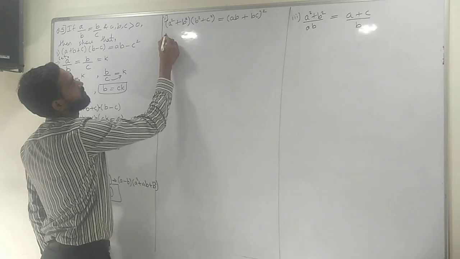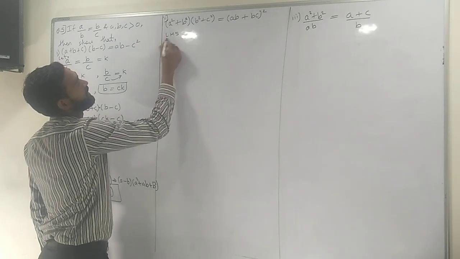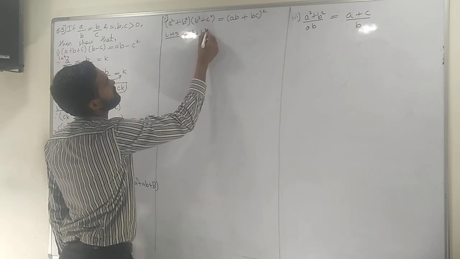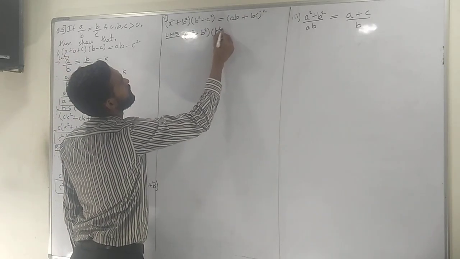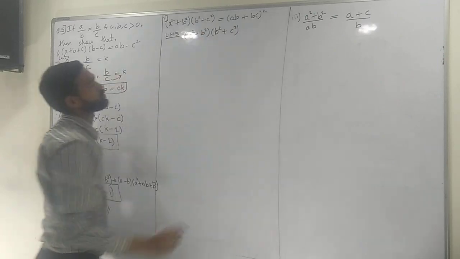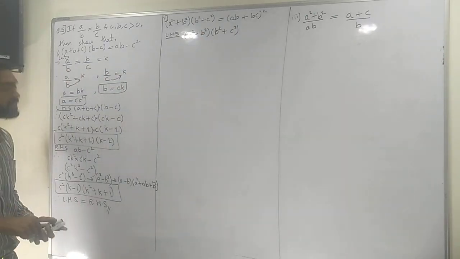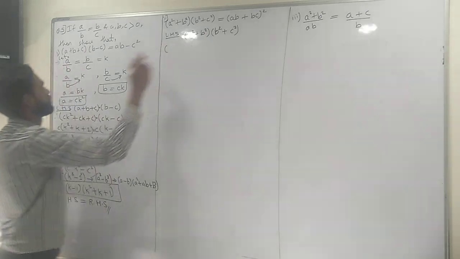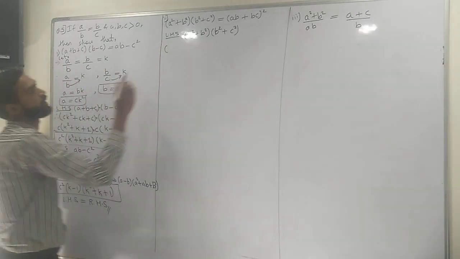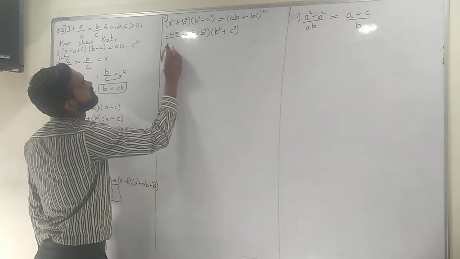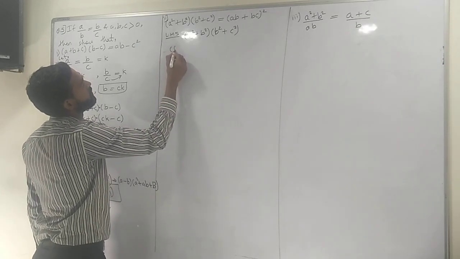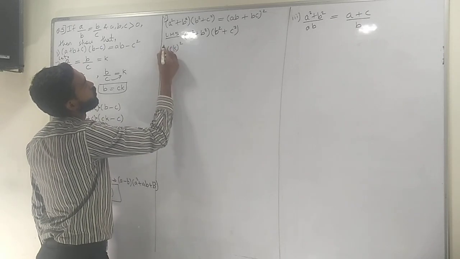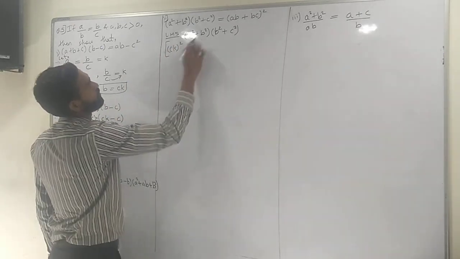What we'll do? Again we'll take left hand side first. What is my left hand side? A square plus B square, B square plus C square. This will be my left hand side. Let's start the solution. Do we know A? Yes. Look here. My A is CK square. So I'll write here CK whole square.